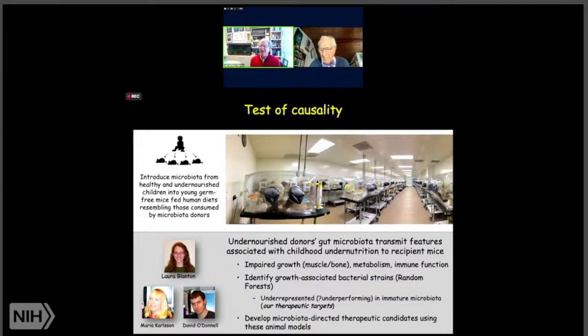And this would be extremely expensive, as well as facing a variety of regulatory hurdles that wouldn't be faced if we were to turn to food as a principal and first choice for repairing the gut microbial communities of these undernourished children.